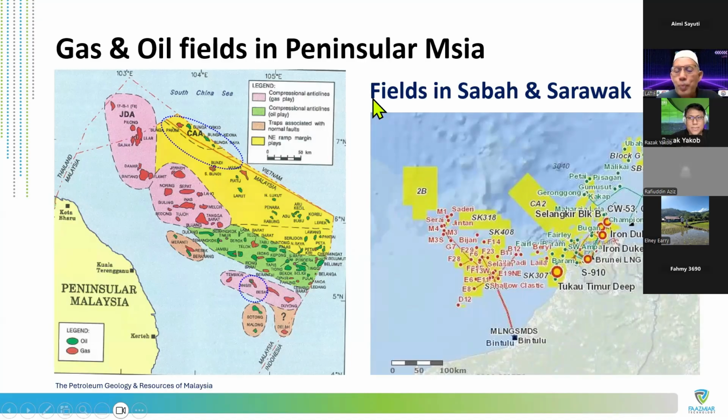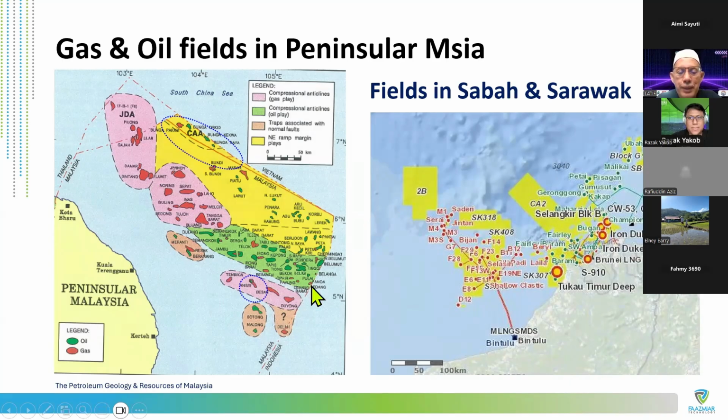So now we go to the Malaysian side. From the drawing here, we try to see the hydrocarbon areas. From the map you can see Peninsular Malaysia, and all the offshore oil and gas, which is quite far away. I think the nearest is about 50 kilometers, and the furthest from Terengganu itself is about 300 kilometers away. So we have mostly offshore, nothing much near the shore for Peninsular Malaysia.